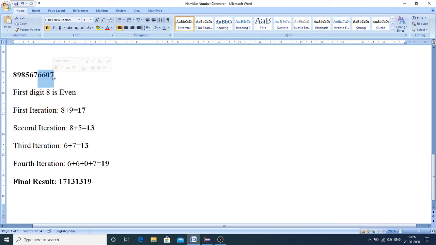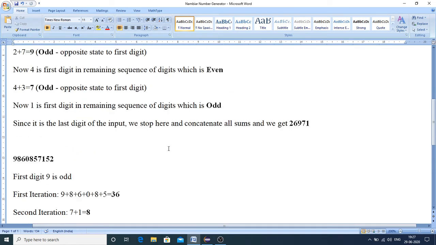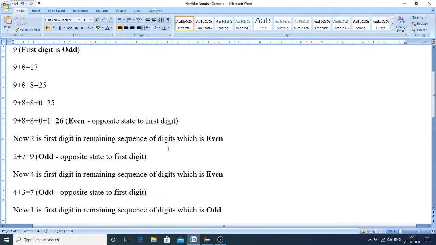So it is odd, which is opposite to the even digit 6, and we have completed the last digit as well. By concatenating all these sums you get 17131319. So this is how you have to generate the Nambiar number and return it.